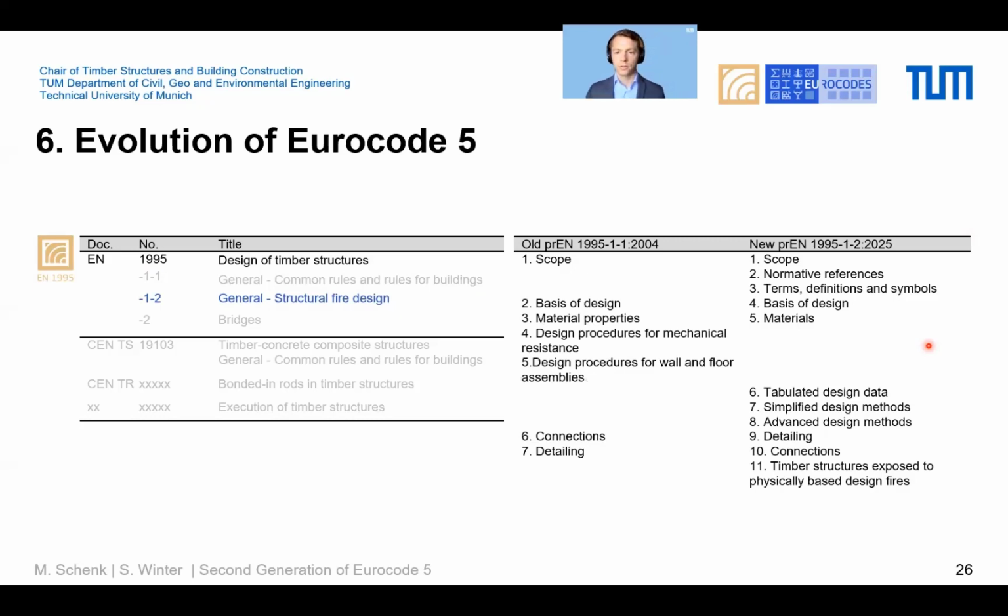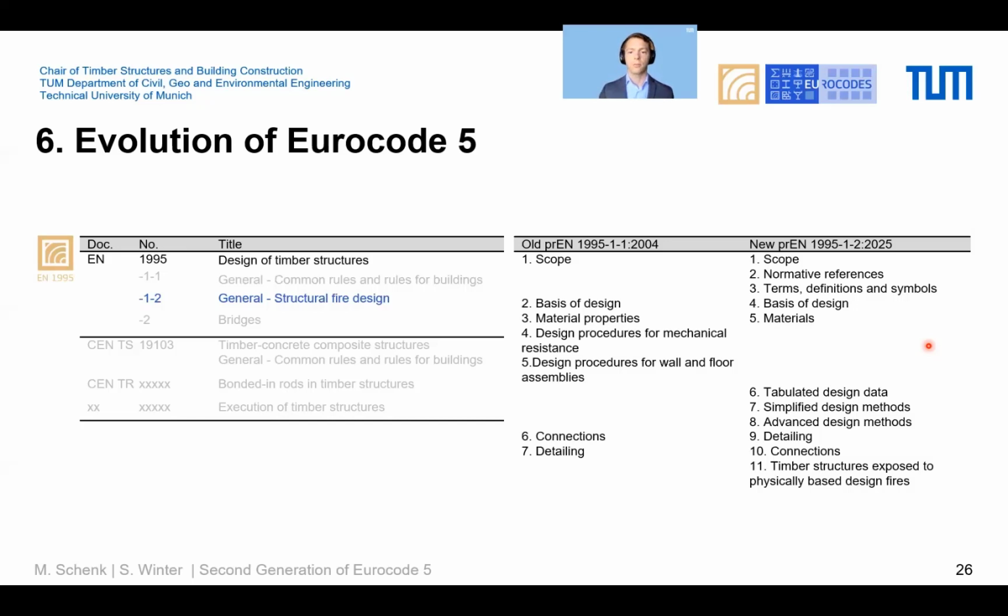When we move over to EN 1995-1-2, perhaps one of the most important changes is the deletion of the reduced property method and the resulting extension of the design rules for the effective cross-section methods. Working Group 4 works on the applicability of timber I-joists, cross-laminated timber, timber concrete composite elements, and others.